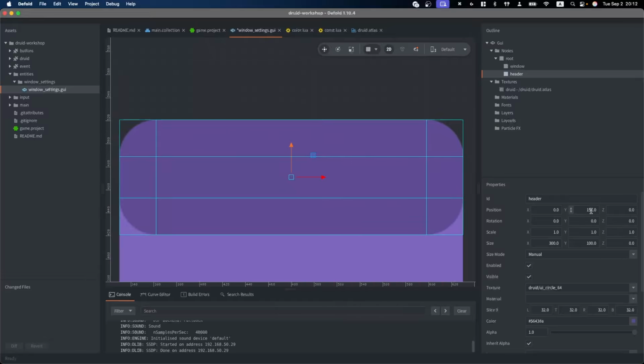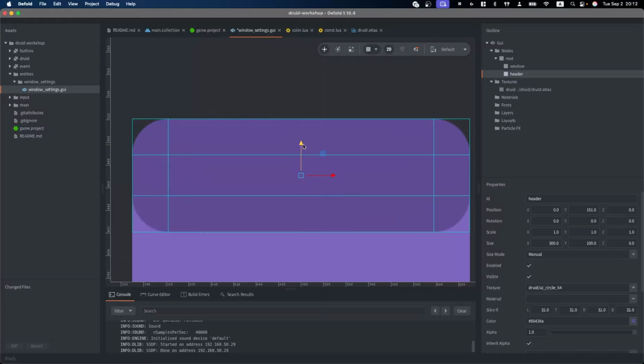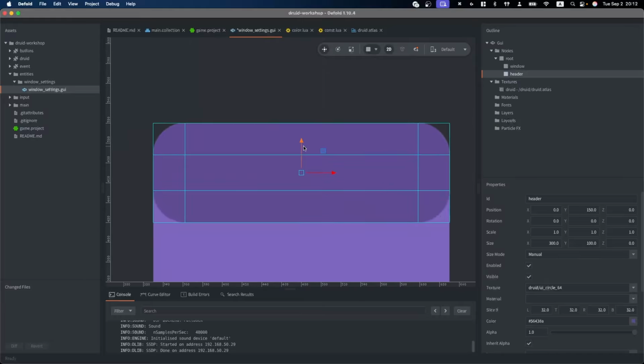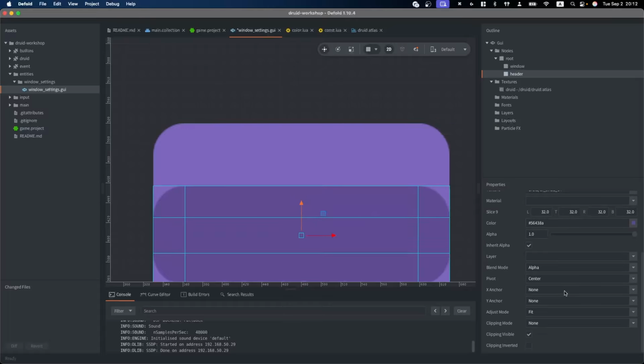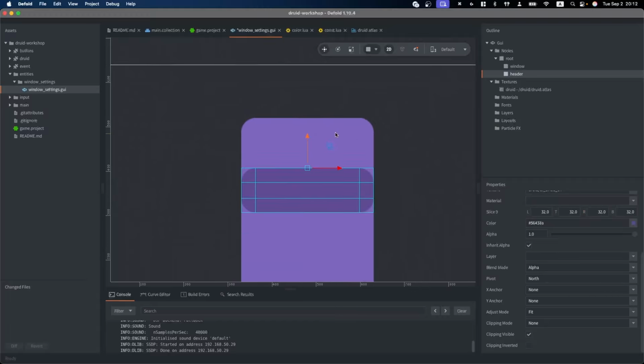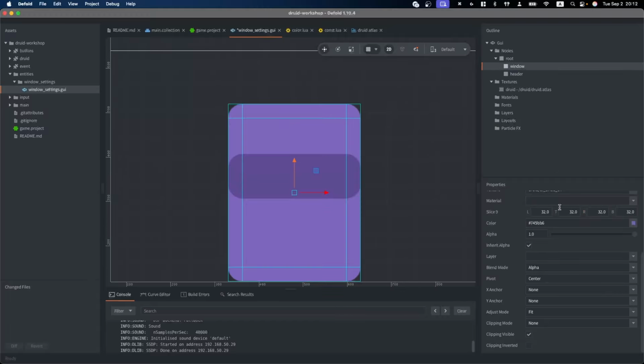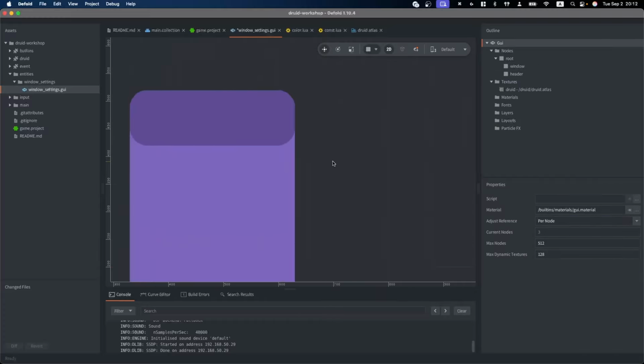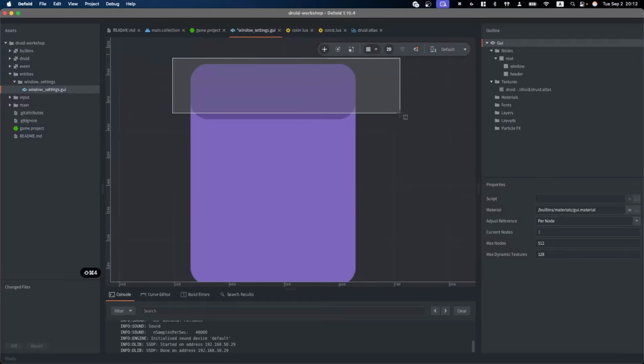You see, it's not a very round number because I misaligned it a little bit, and to align it perfectly can be a little bit harder. But for this case, I want to use pivot to the top and just use half of the width of this window. It's 400, so 200 position. It's good. Yep, we have a header panel here.